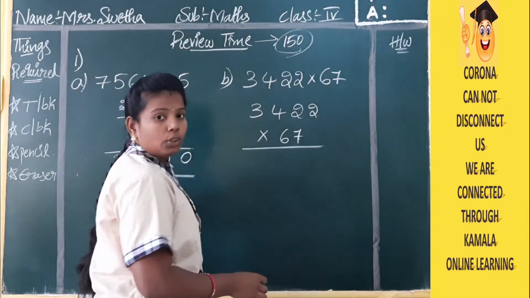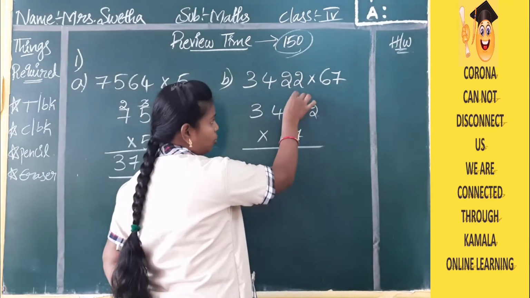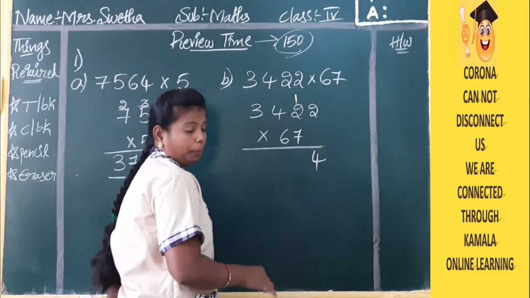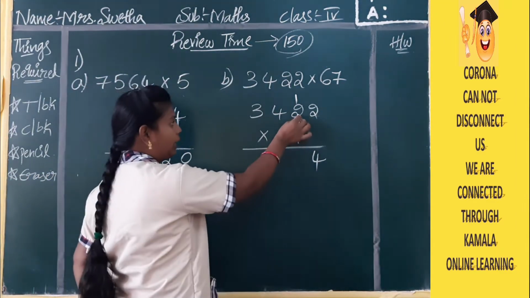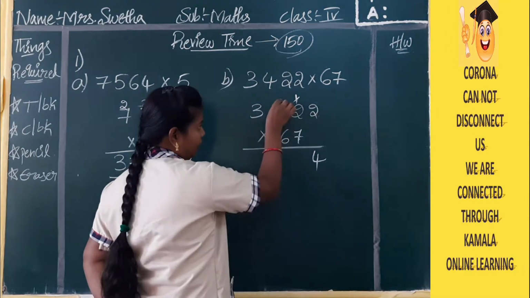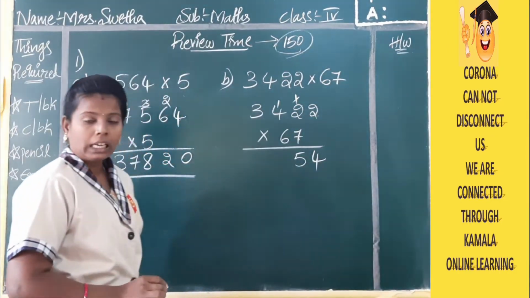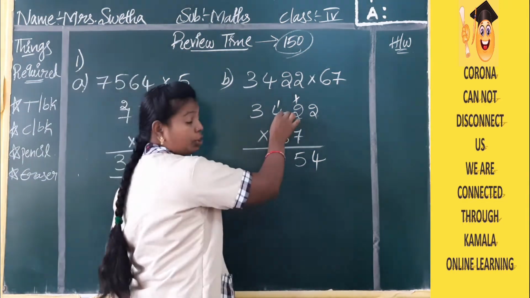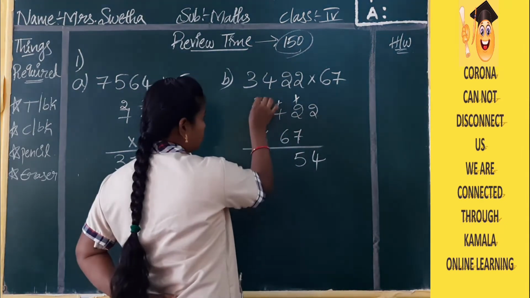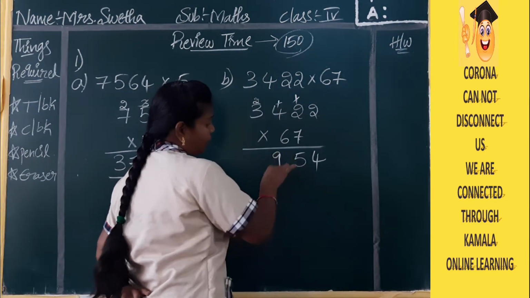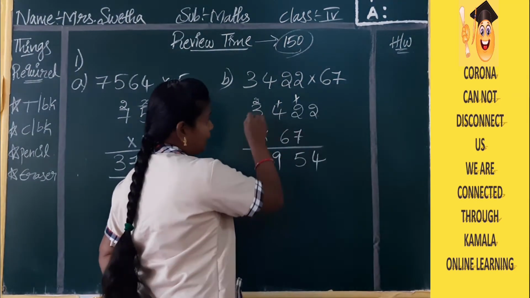7 2s are 14. So 1 up, 4 down. Again we have 2. 7 2s are 14 again. 14 plus 1, 15. So 1 up, 5 down. Again 7 4s are 28. 28 plus 1, 29. So 2 up, 9 down. 29. Now 7 3s are